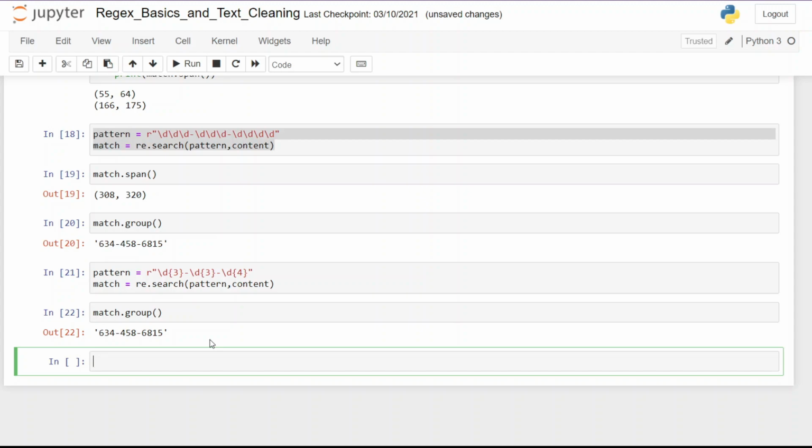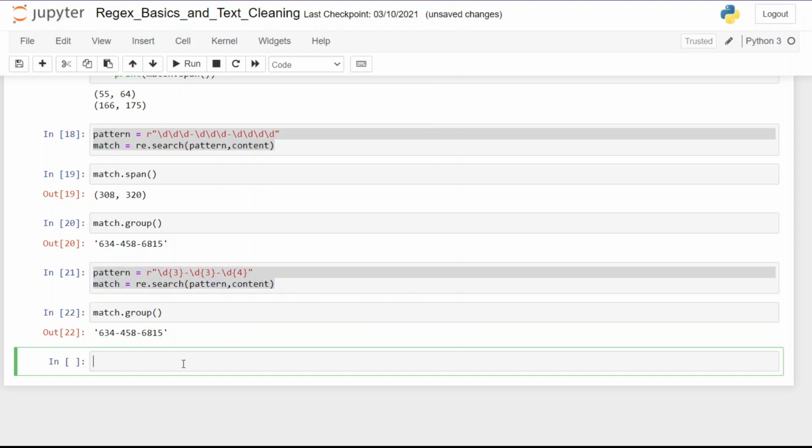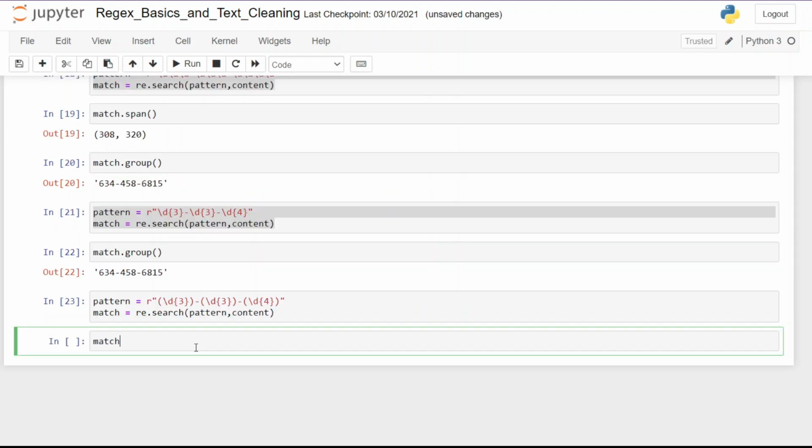Now let's see another variation of this. Sometimes we also have a country code with the phone number and sometimes we only want to extract that code. In that case, we have to group the pattern using brackets. So let's copy paste this code and use brackets to group them into 3 digits, 3 digits and 4 digits.